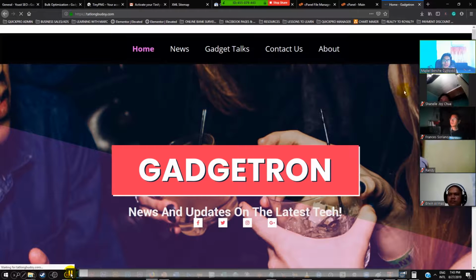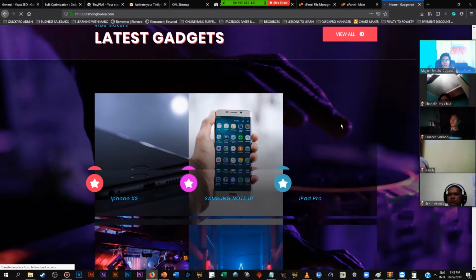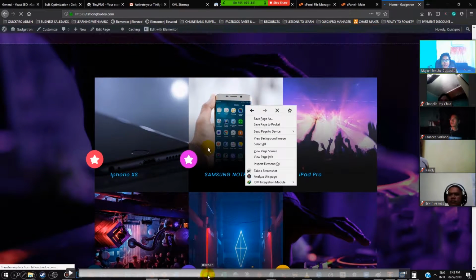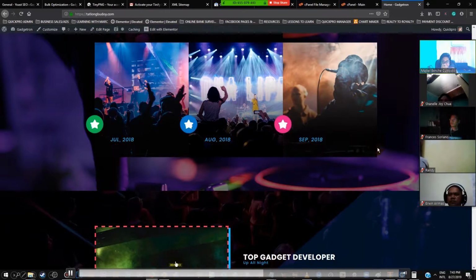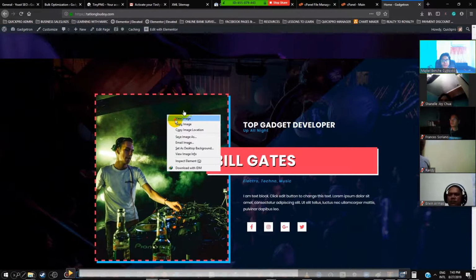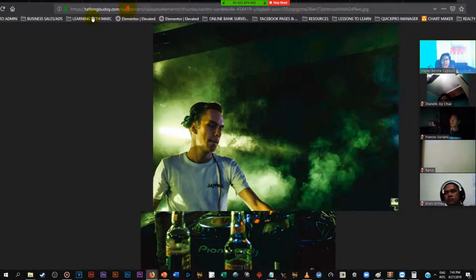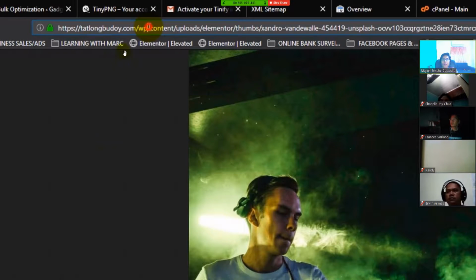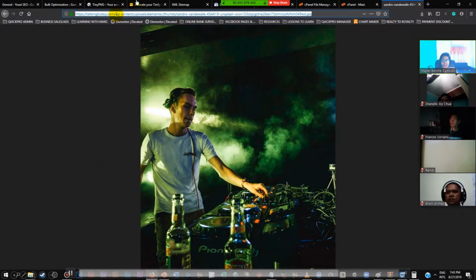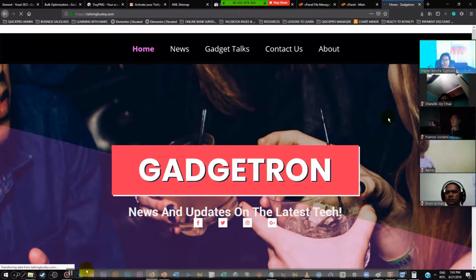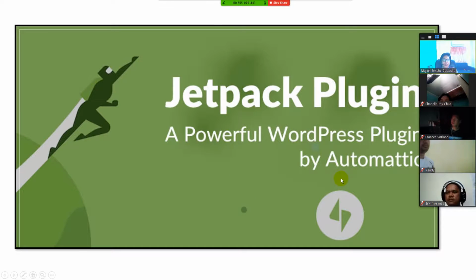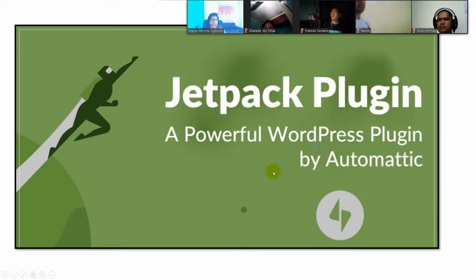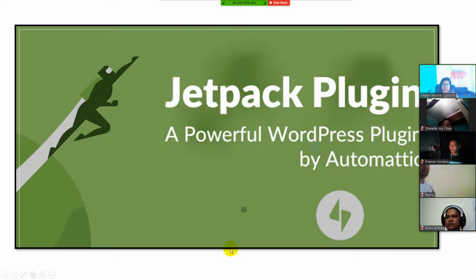How do you know that WordPress is the only one doing the carrying of the images? Here's how you know. We're gonna go to our site and we're gonna look for an image, just a random image. Right click on a random image here, no? Right click at the bottom. And there, click on view image. And you will notice the link up there. It says www.tatlongbudoy.com/wp-content. That means WordPress is the one handling the images. So he's alone, no? He has no one with him in carrying the burden. So let's help out WordPress with the use of Jetpack. Jetpack is gonna help WordPress carry all the images, guys.